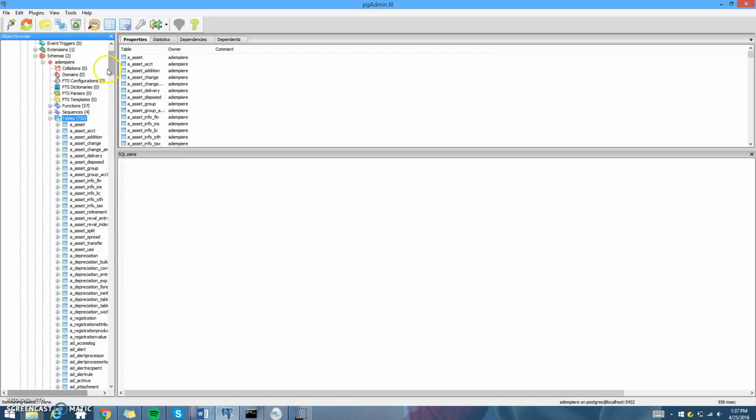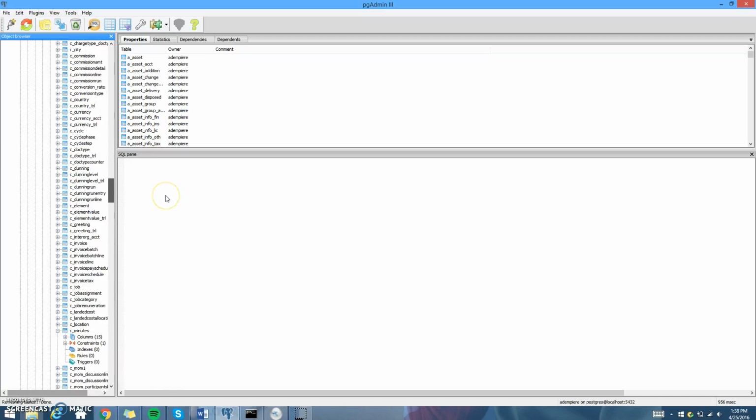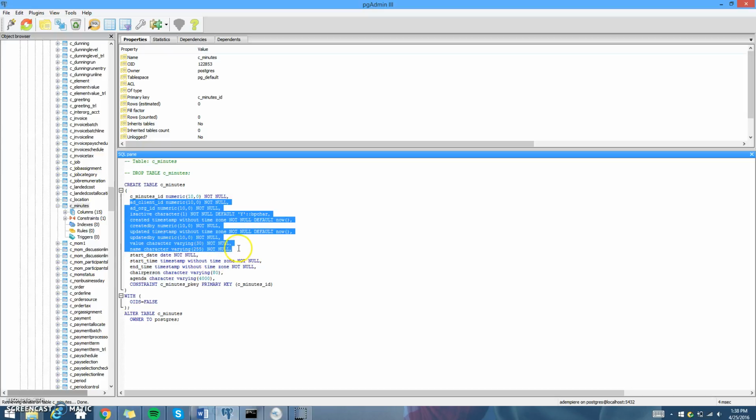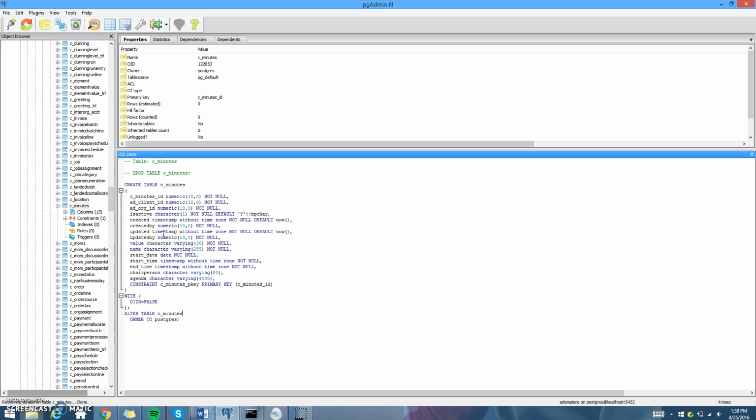So to get started, we're going to have to alter our Minutes table in Postgres, and here is our minutes table. As you can see, we added in a constraint with the primary key. Just make sure that when you're going through this that your code matches this, and that you have your very important pieces of information right here. Once you have created this table, you're going to want to create